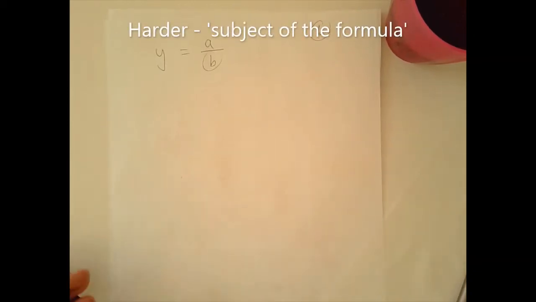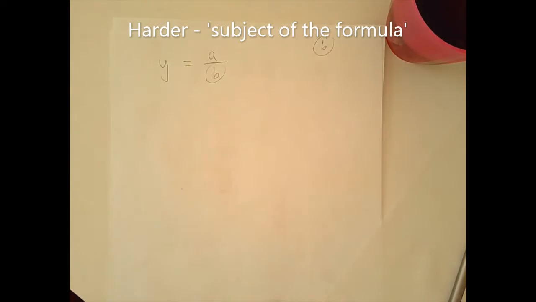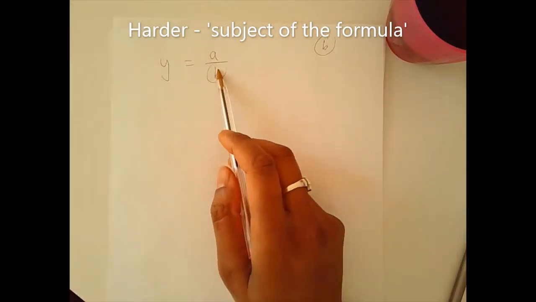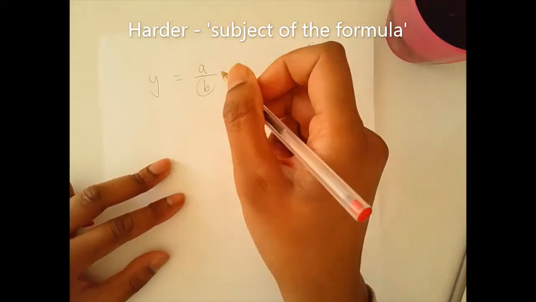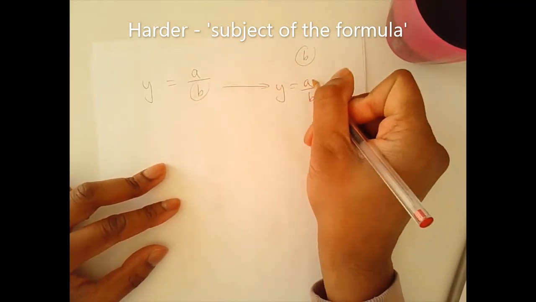Right. These are some of the awkward rearranging formula questions. We want to make b the subject of the formula. This one's awkward because it's on the denominator. Now, had it been a different type of question, let's suppose it was make that one the subject of the formula,